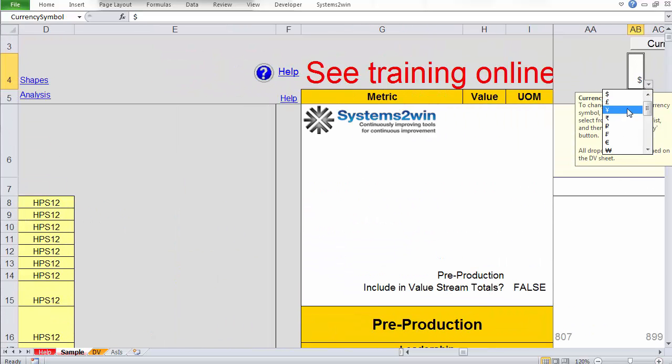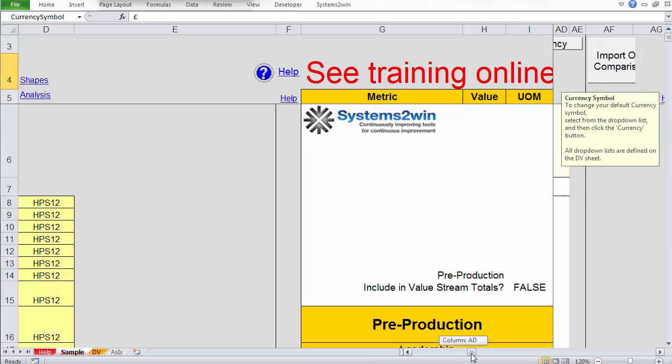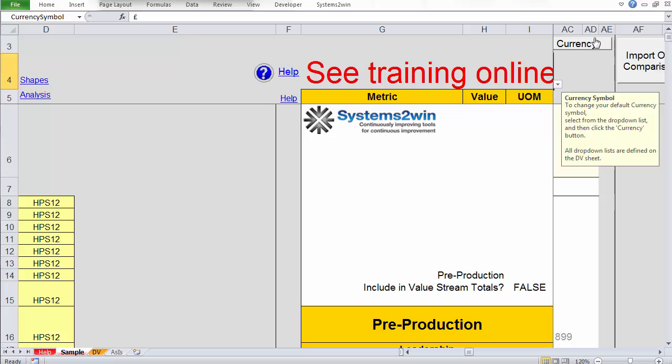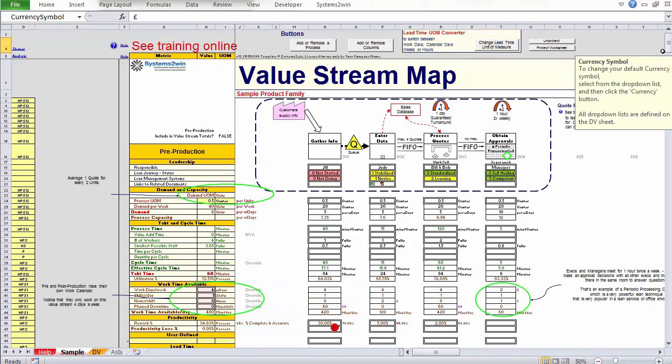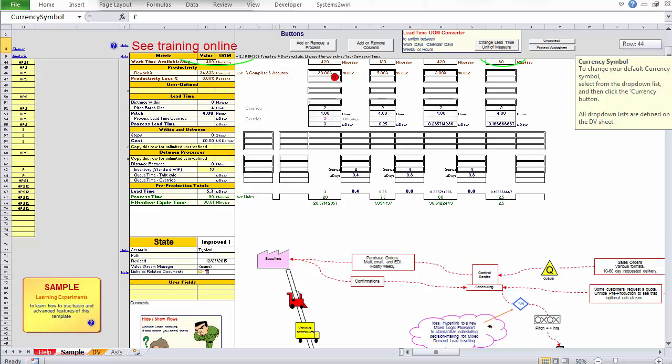But you choose the currency that you want, whatever it might be, and then you click this currency button right above it. Scroll over so you can see something. Click the currency button, and now it changed all the cells everywhere in the entire workbook that use currency are now going to be in pounds, instead of dollars.